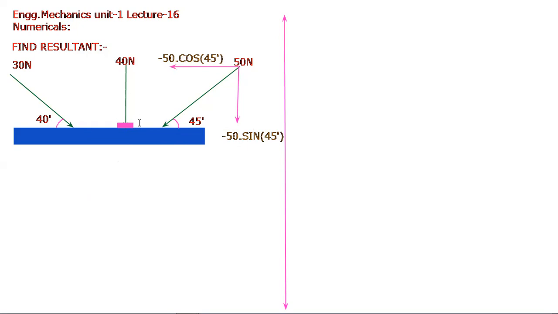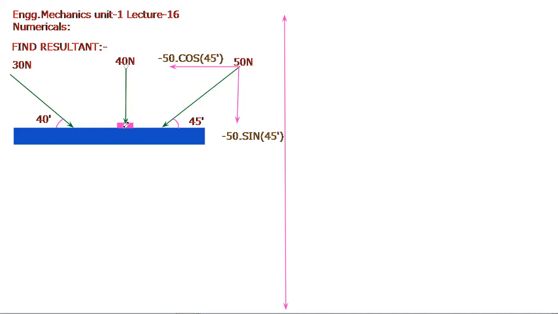Now this 40 Newton force is perpendicular to the beam, so therefore you don't need to split this force, because already it is aligned to 90 degree. Already it has been aligned with 90 degree angle. So therefore, no need to split this force. Okay. Now after that,